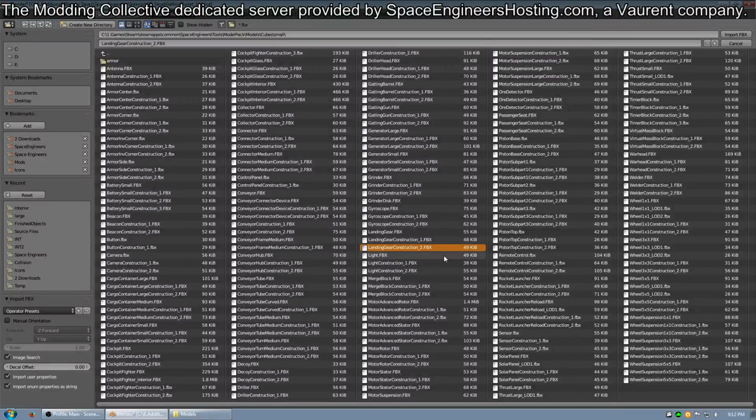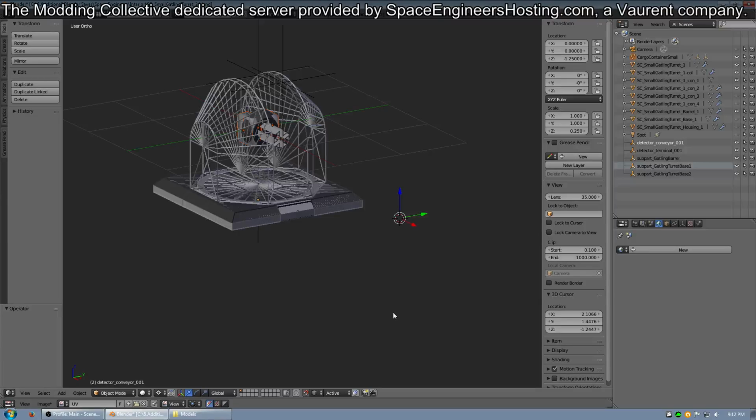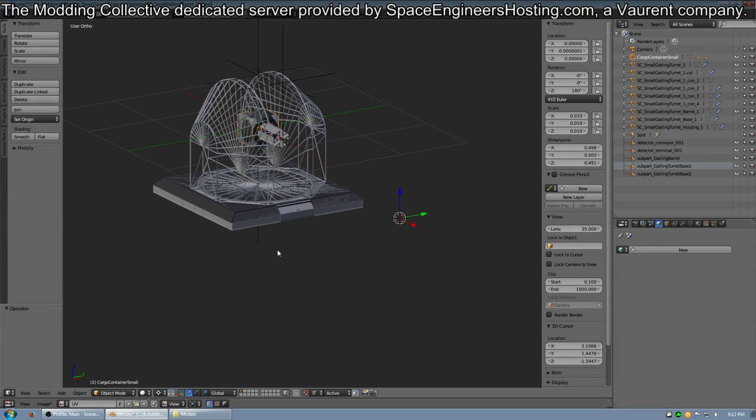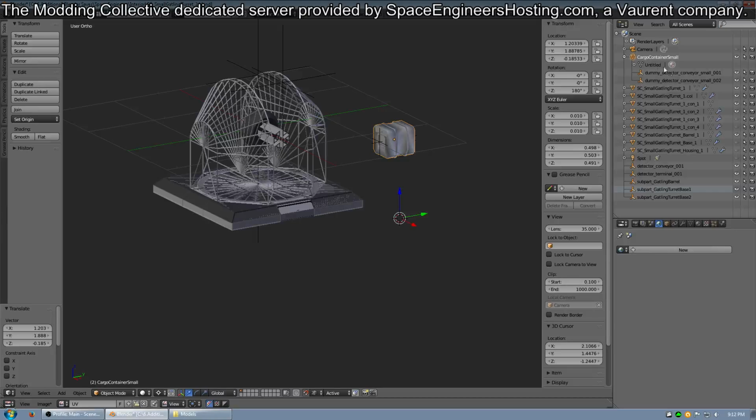And what would be a good one to look at? Here, I'll go with a small one. So now you can see I have the small conveyor cube in here, and yeah,